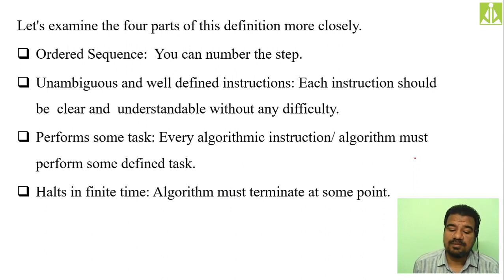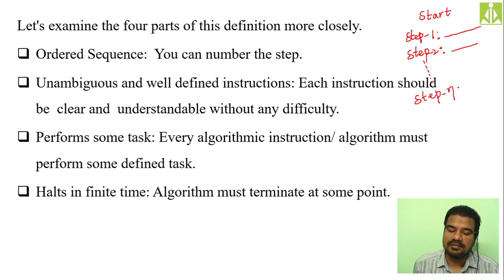So the first step in your algorithm will be the start. So we'll write like this, start. Then we write step 1. So whatever job you want to do here, that you write here. Then step 2. In step 2, whatever job you are doing, that you write in step 2. Likewise, and so on, we write up to step n, the last step, step n. Okay, then stop. Like this we write the algorithm.